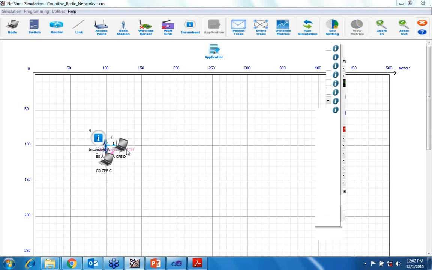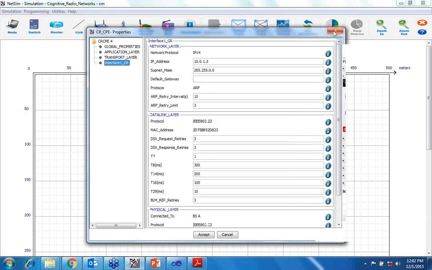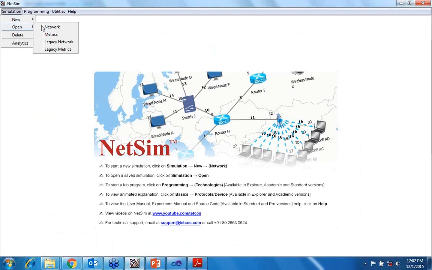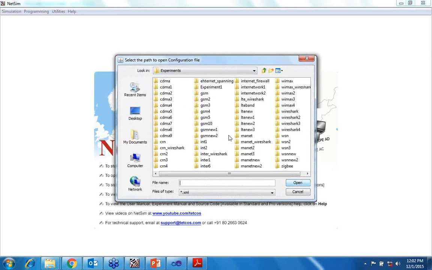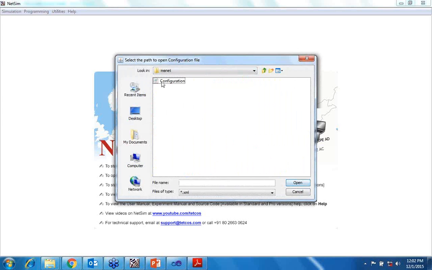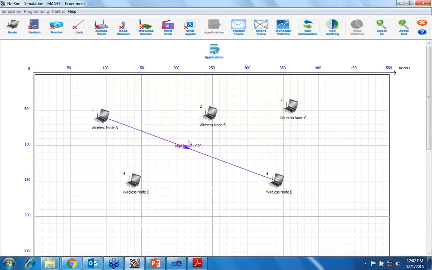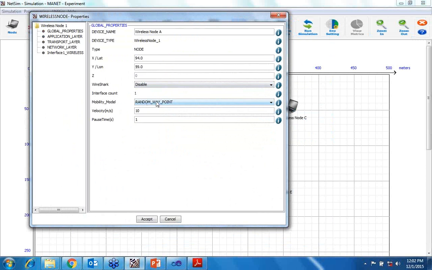Right clicking on the properties, you have the option of mobility model, that is random waypoint, random walk, or group mobility.